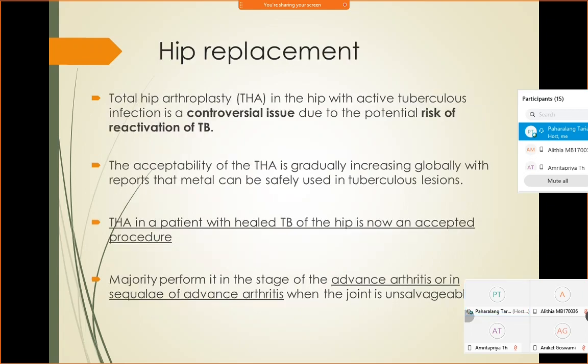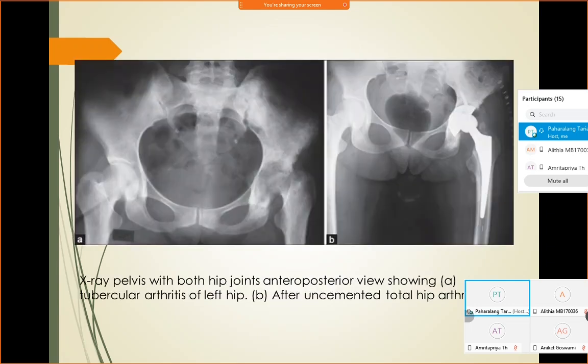This is still very controversial because we are not sure about the reactivation of the Mycobacterium tuberculosis. So there are even suggestions of performing a total hip arthroplasty or a hip replacement. However, with time, with many other studies, people are gradually going into performing a total hip replacement. So you can see the X-ray, the diseased hip on the left side, and we have performed a hip